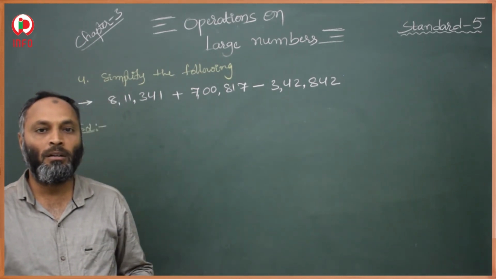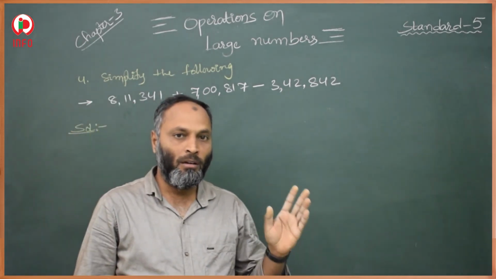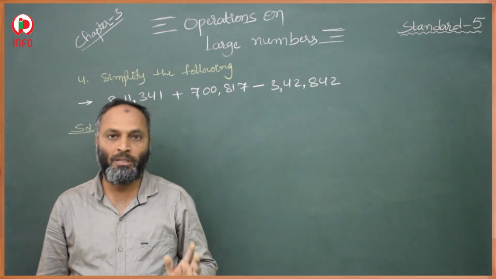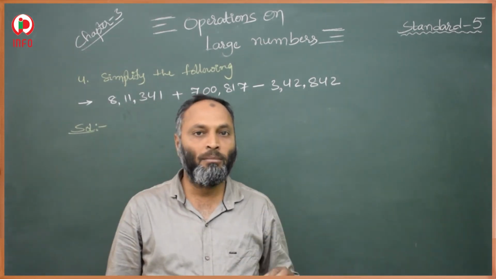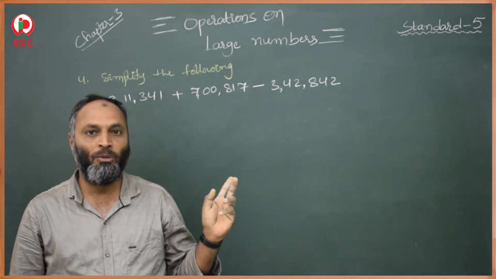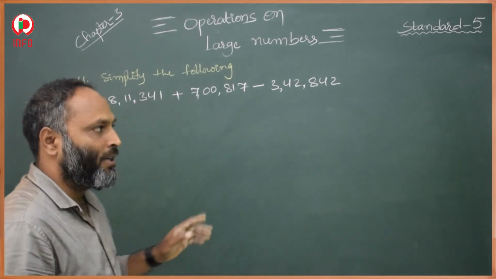When an addition and subtraction combination is given, first we have to check what is there. If addition is there, we have to add. If subtraction is there, we have to subtract. We did a similar question previously. Again the same kind of question, one more question is there. Just check here once.